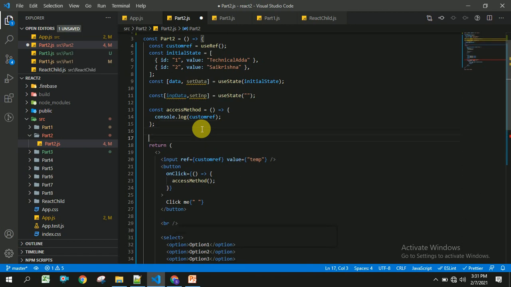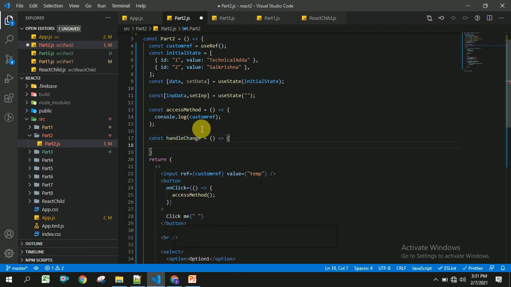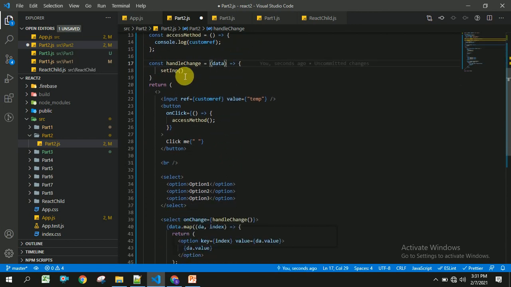Now I am going to create this method handleChange, and in this handleChange I am going to set this input by using event.target.value.